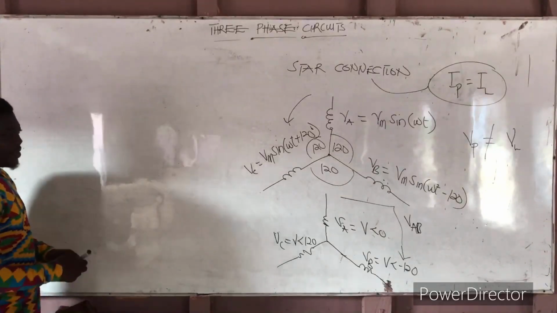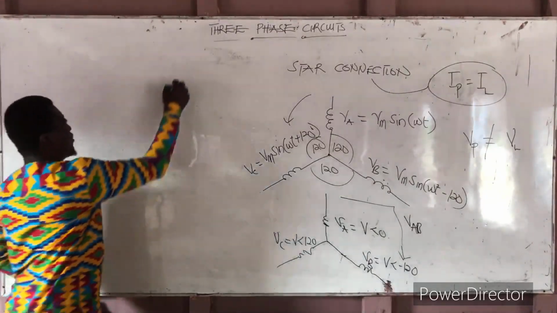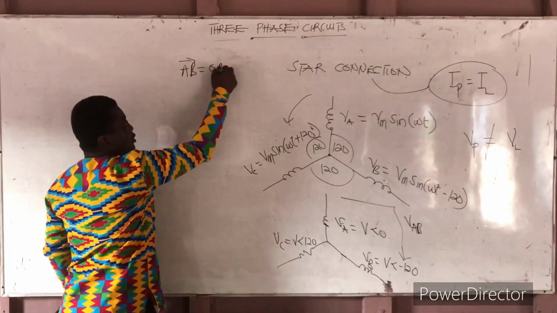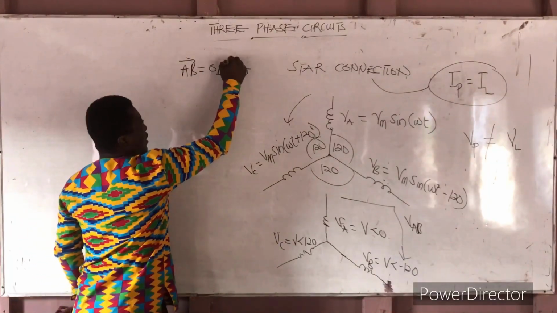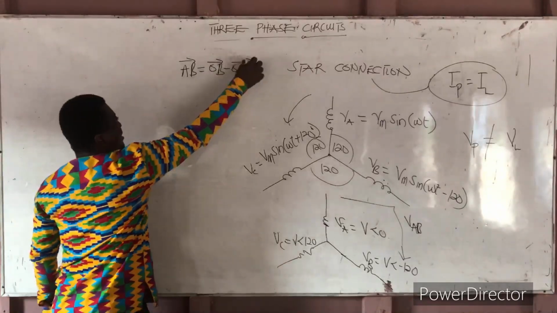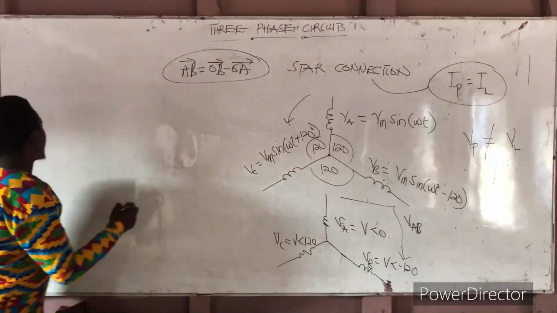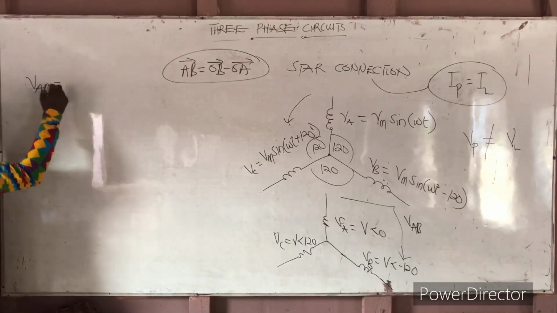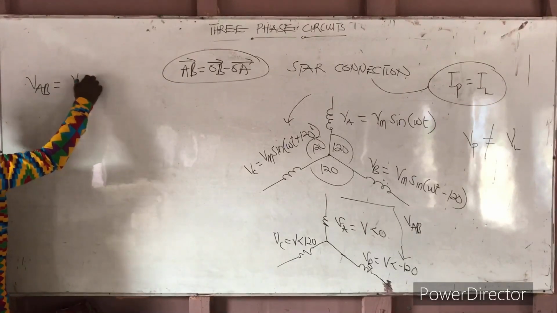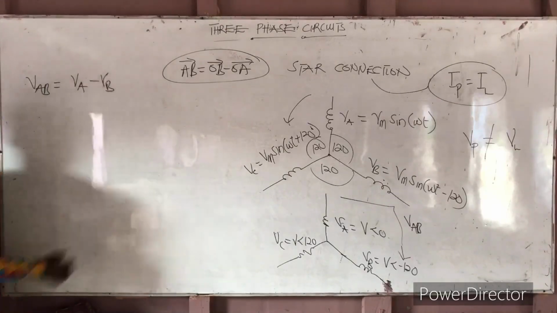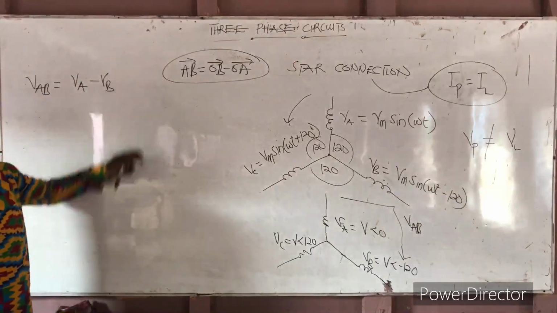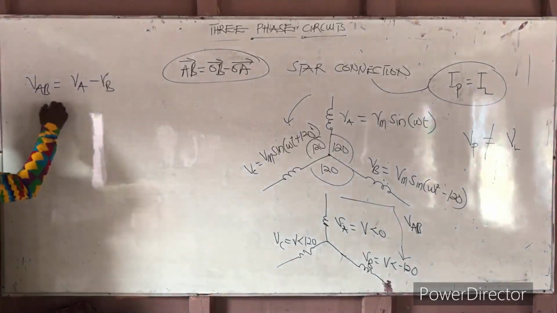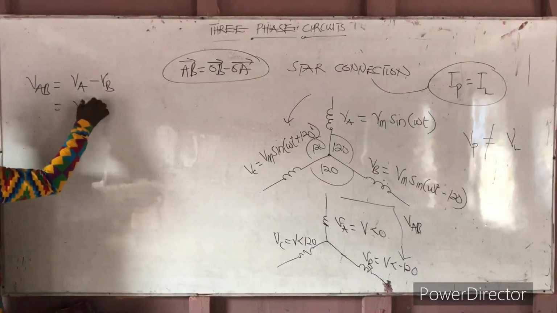So VAB. Unlike vectors, where if you have AB, the position vector will tell you it is OB minus OA, in electricity this doesn't hold. So if they've given you VAB, it means it is VA minus VB. It doesn't work like vectors. So when you come here, what is our VA? Our VA is given by V angle 0